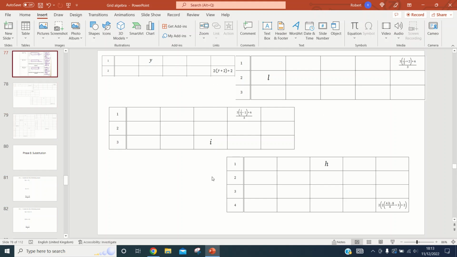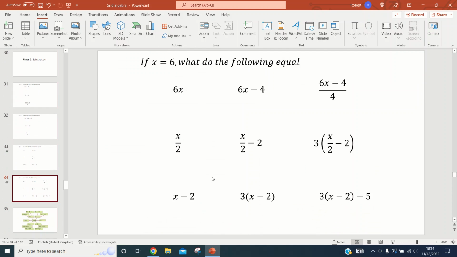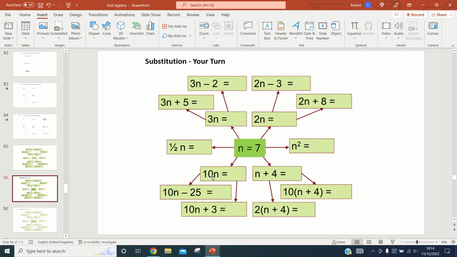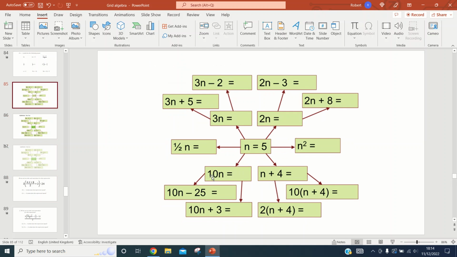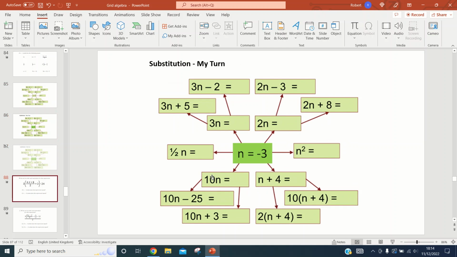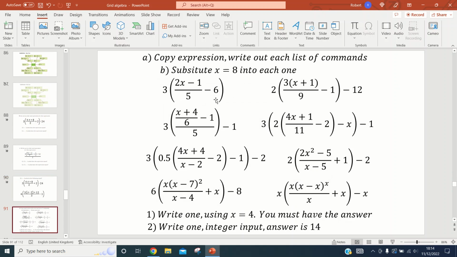So we just prepped an entire lesson just to allow us to then substitute, and you can break out whatever substituting worksheets you want at this point. Apologies, I don't know where I got these sheets from, so I probably shouldn't have included them. But anyway, you can use the sheets that I've drawn here. This is again for the highest ability group. This was the first substituting lesson that my Year 7 set 1s ever saw,